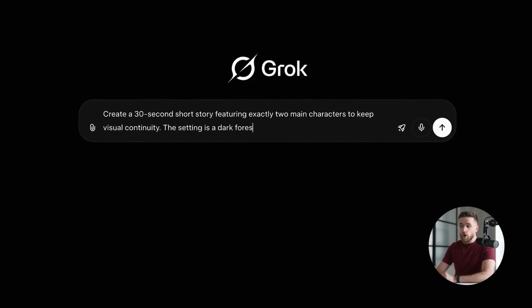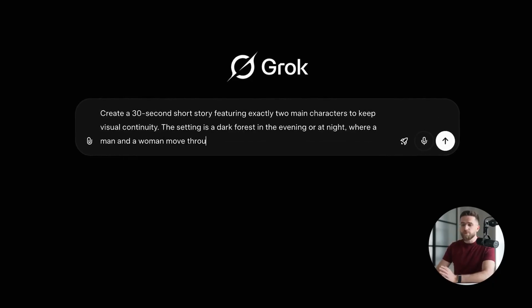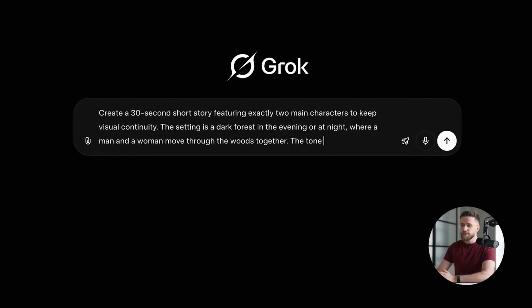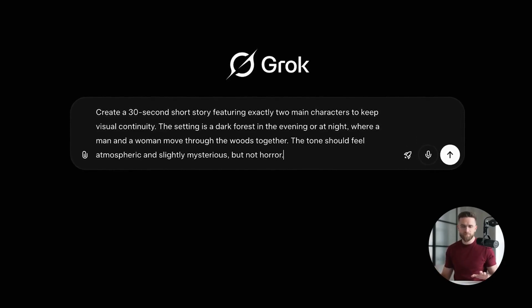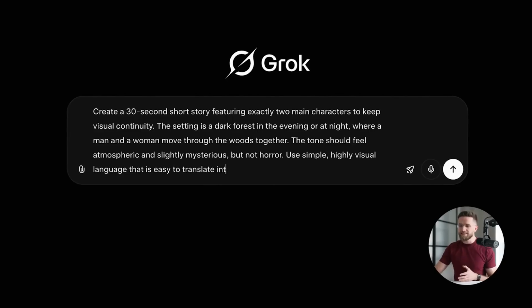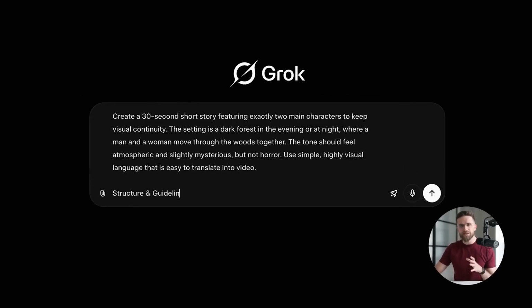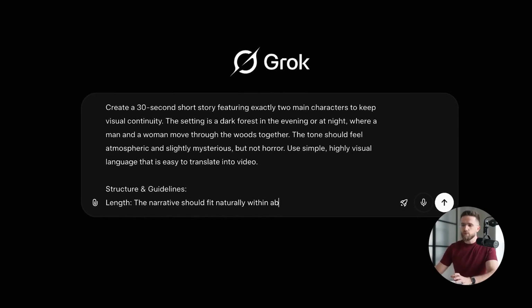The setting is a dark forest in the evening or at night where a man and a woman move through the woods together. The tone should feel atmospheric and slightly mysterious, but not horror. Use simple, highly visual language that is easy to translate into video. Structure and guidelines. Length. The narrative should fit naturally within about 30